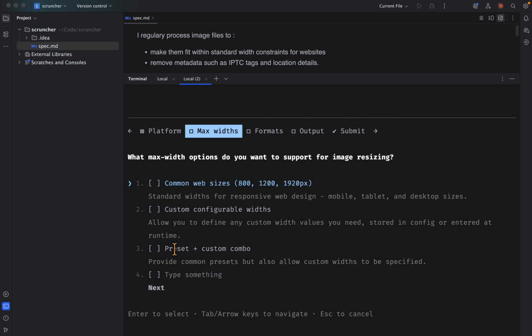Okay, it's suggesting a few widths for me: 800, 1200, 1920. Yep. Custom width configurable, allow to define any custom widths that you need. Preset plus custom combo. That's what I want essentially. So option 3 is saying, do you want to have these presets, and would you like to also be able